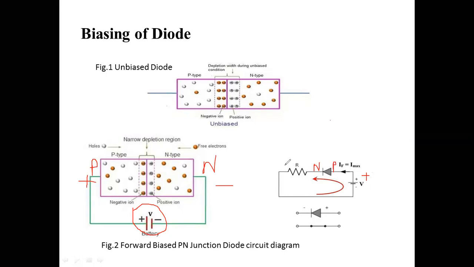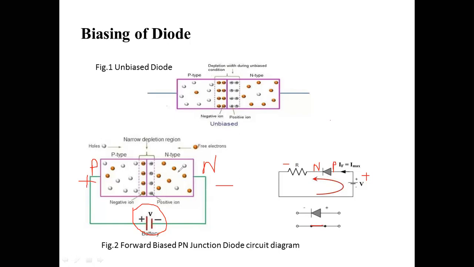Here, if you see, the negative terminal is connected to the n side, and a current limiting resistor is used here. When it is forward biased, it acts as a short circuit. It is in the on state, and low resistance is provided by the diode. It acts as a conductor, and this acts as a switch. It is shown as an equivalent short circuit. Therefore it acts as a switch in the on state, and current starts flowing here.